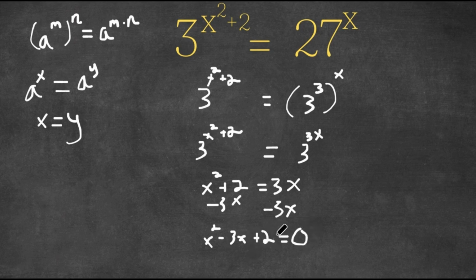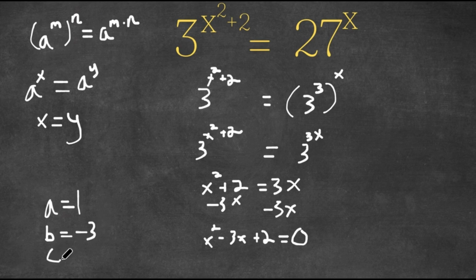And now, as you can see, we have a quadratic equation, meaning we can find the solutions to this using the quadratic formula, which is negative b plus or minus the square root of b squared minus 4ac, divided by 2a. So a is 1 because there is no coefficient here. b is negative 3